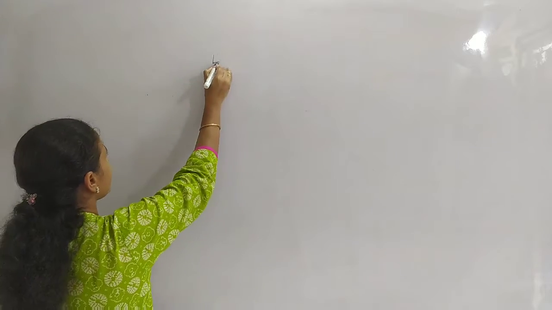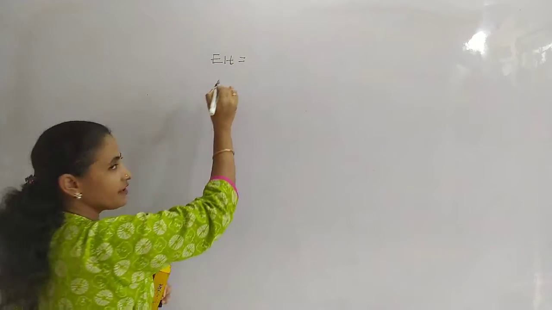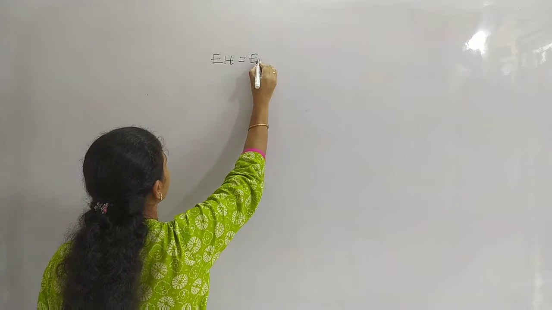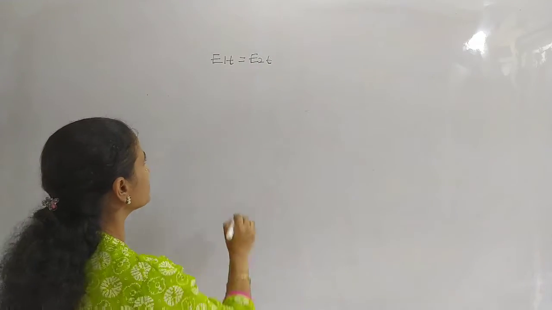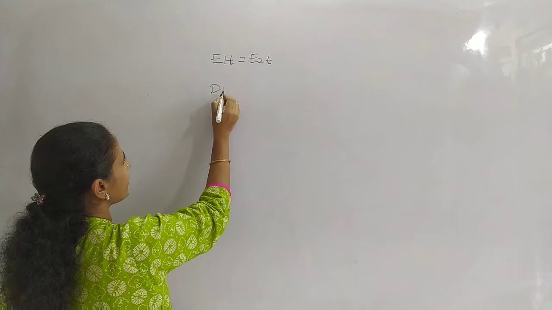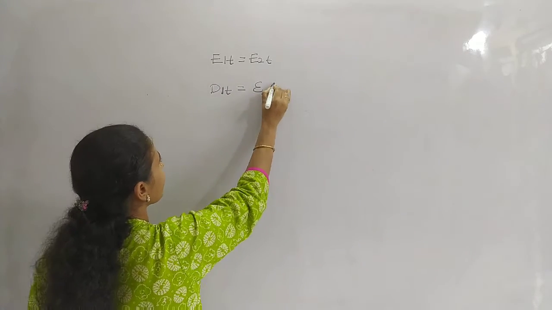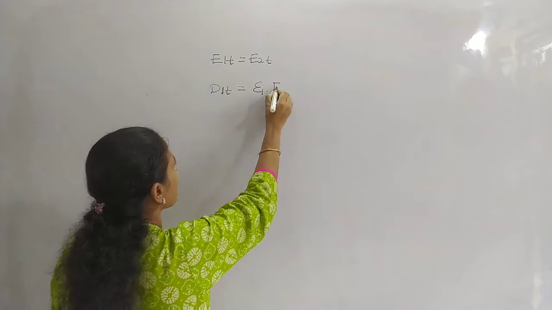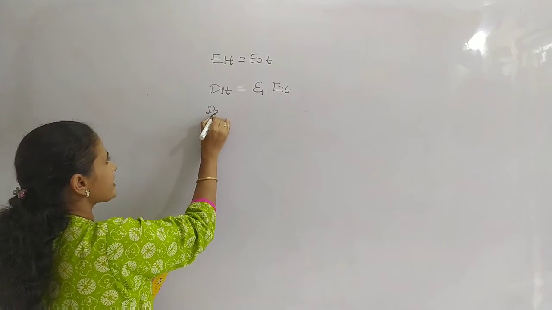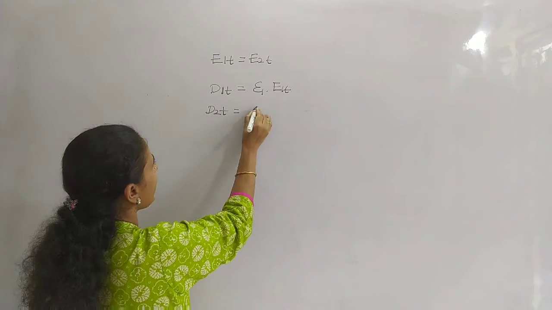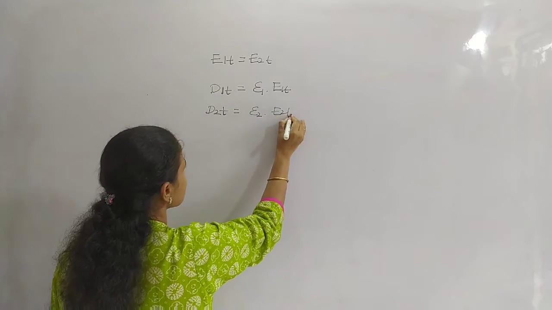Let us summarize the boundary conditions between one dielectric medium and the other dielectric medium. That means how the electric field components and flux density components in both the mediums are connected. So E1T, the tangential component of the electric field in medium 1, is the same as the tangential component in medium 2. For the flux density, the tangential component D1T is given by epsilon 1 times the tangential component of electric field. In the second medium, D2T is given by the permittivity in the second medium and its tangential component.